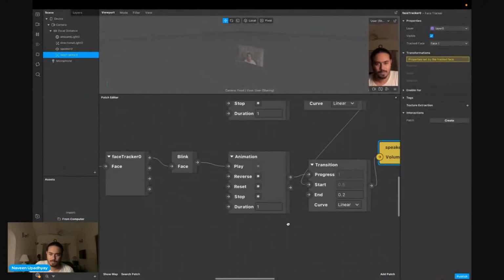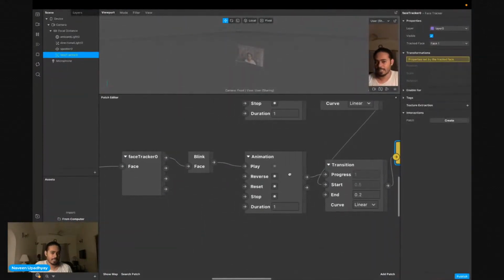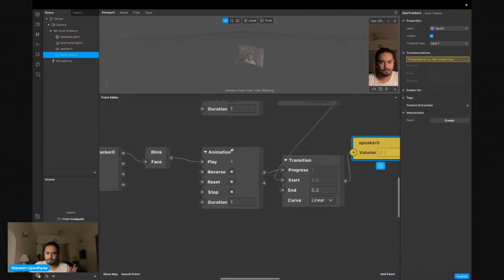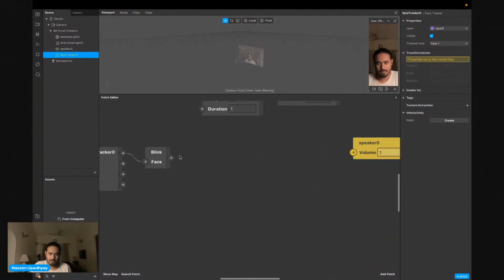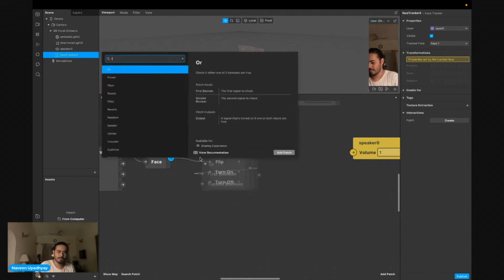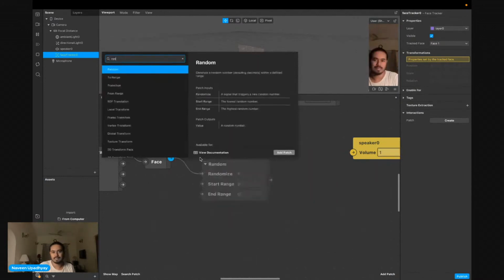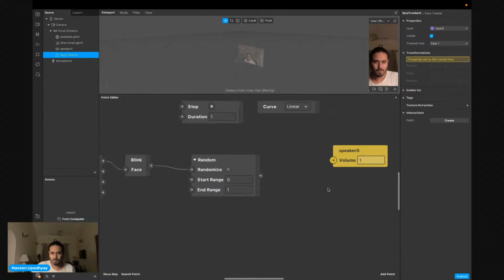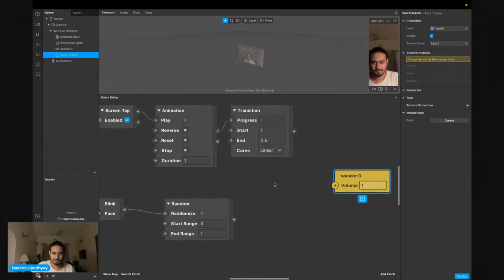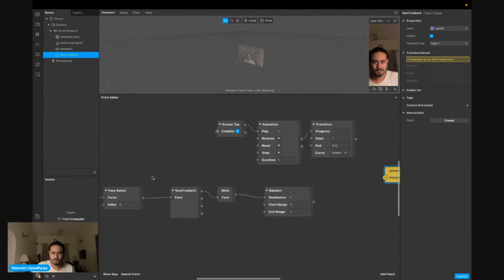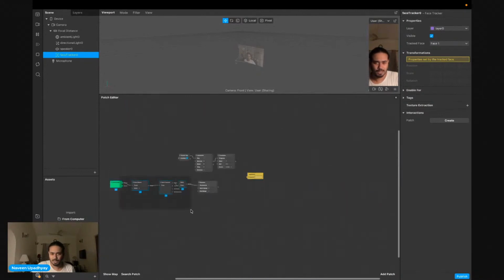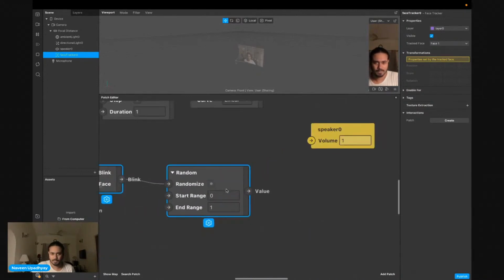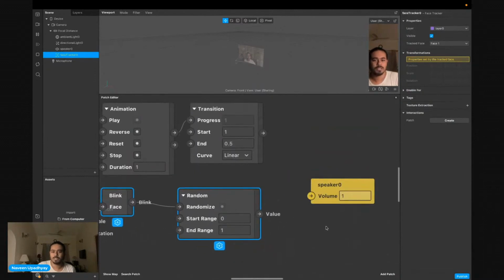And if you want to do some random thing, let's say instead of this animation patch, we have a random patch. It's going to give you values from 0 to 1. Initially I'm not sure what you want, but these are the two things which should decide the volume.